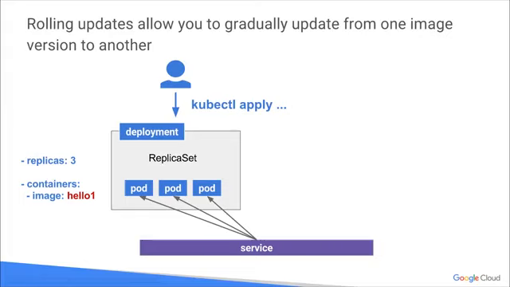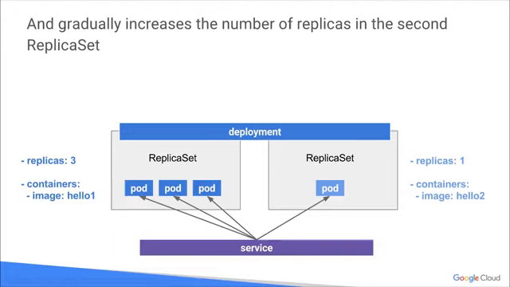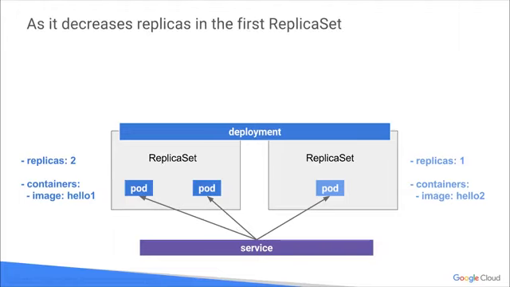So we're going to use kubectl itself to command and apply these changes to the pods. And you're going to give the pods 2 versions of the images. As you can see, you have one replica set on one side: on the left-hand side is hello1, and on the right-hand side is hello2. And then the deployment is going to create a second replica set, like I said, hello2, and then create the pods in the second replica set.